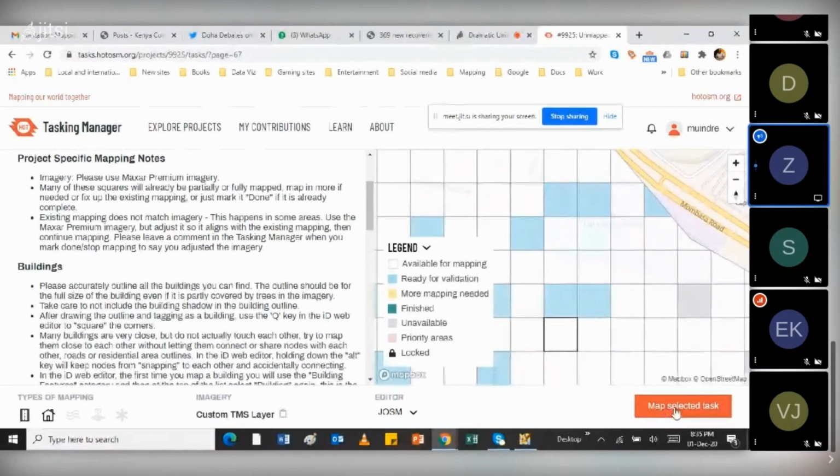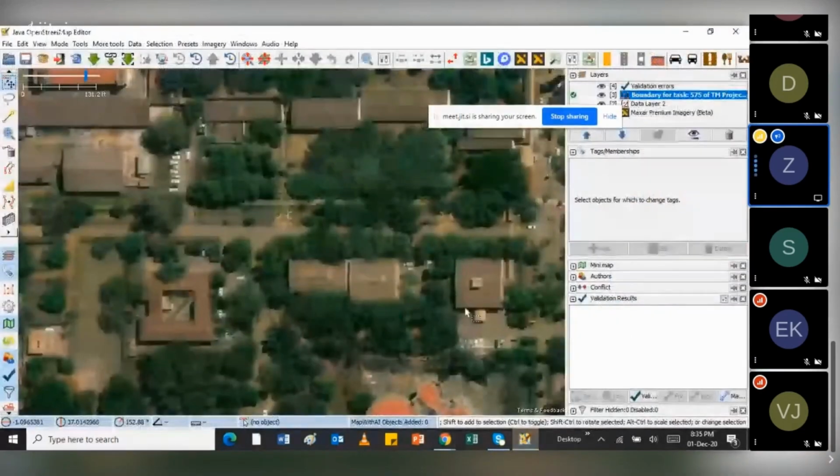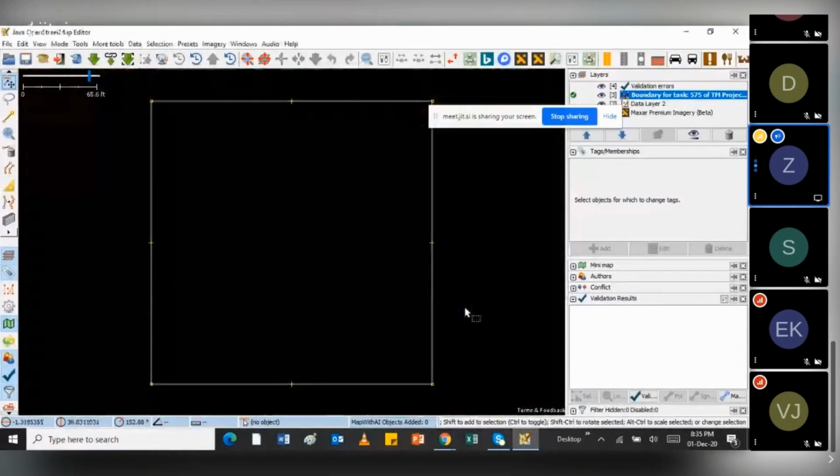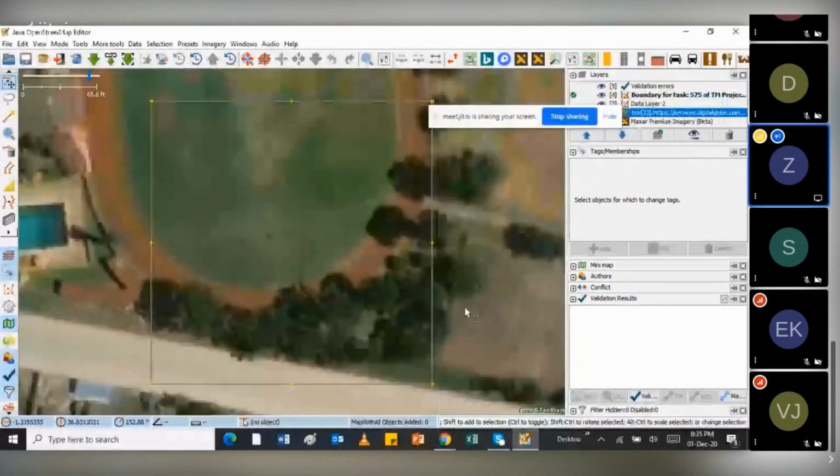Again, you see there's a pop-up here, just the same as with the iD editor.